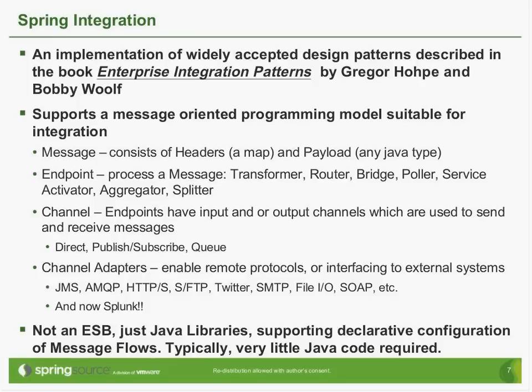An endpoint is something that processes a message. It receives a payload, and that can be a transformer, which will transform that message into something else, maybe transform XML into a POJO, or map a JSON into a POJO, or just one type into another, or select some value out of a type.